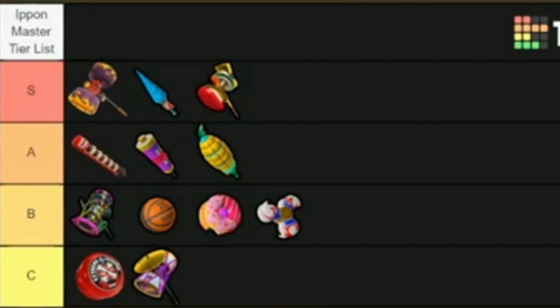So the first tier list we're going over is the iPod Master tier list. We're gonna start at the bottom and go our way up. So the worst weapon for getting iPods is the drum beat. Now, why is this the case? Well, the drum beat has no real way of getting an iPod unless they get a parry. They can do